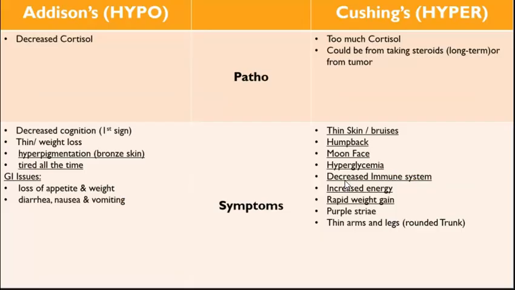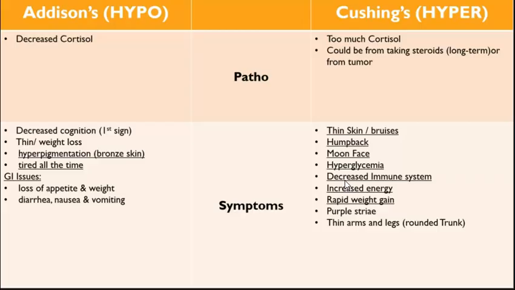All right, so Addison's disease, no cortisol. A lot of the times, Addison's disease is a congenital issue. Ultimately, it can be life-threatening. It is decreased cortisol, and your patient has no cortisol. So think about what cortisol does in our body. It keeps your heart rate going, keeps you breathing, keeps you alert, keeps blood pressure up, keeps fluid status going. Now, if you don't have any cortisol, your heart rate's going down, your blood pressure's going down, your fluid status is going down, your alert status is going down, everything's dropping.